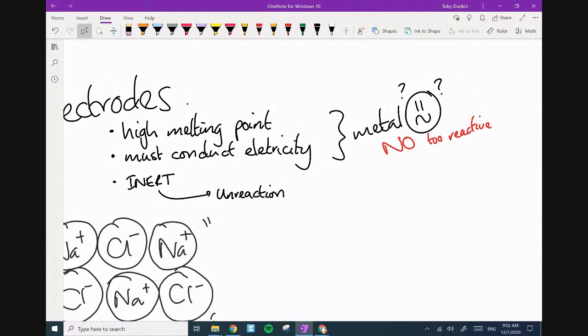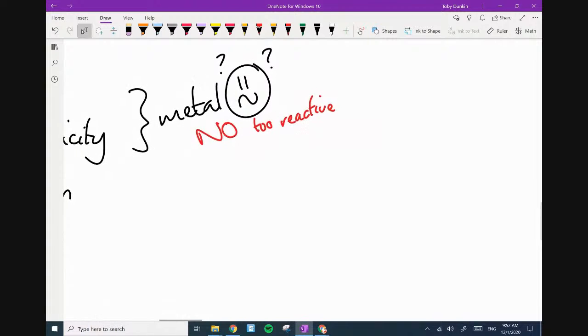Good idea, but no. Lead will melt. Low melting point. We need something way less reactive than that. Go way, way down the reactivity series. Well done, Zyner. So every now and again, no, too reactive, but I'll do it in green. But every now and again, yeah, but sometimes